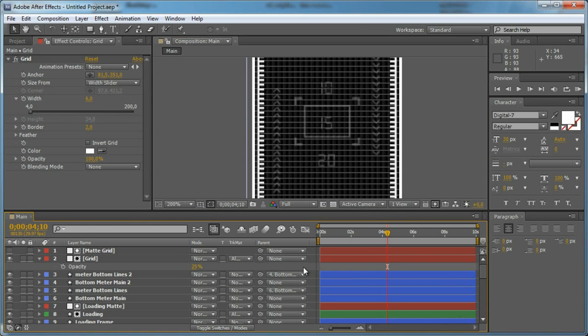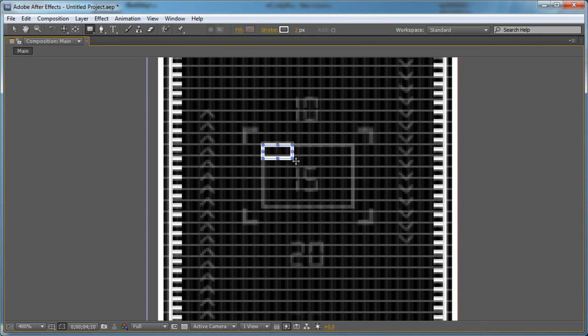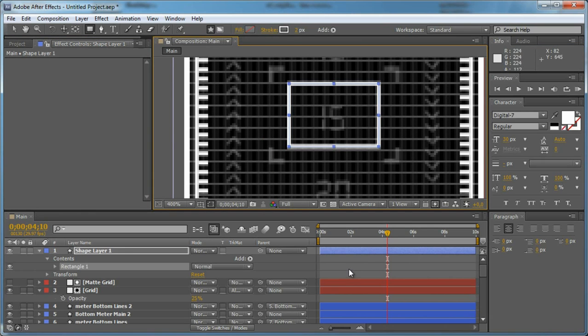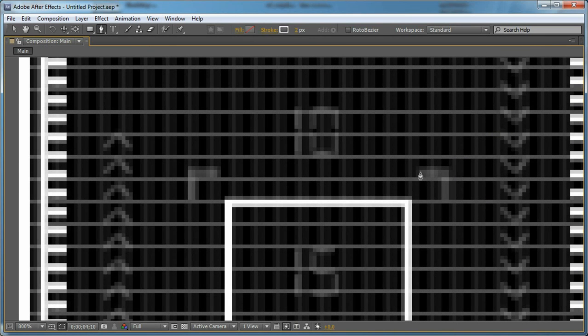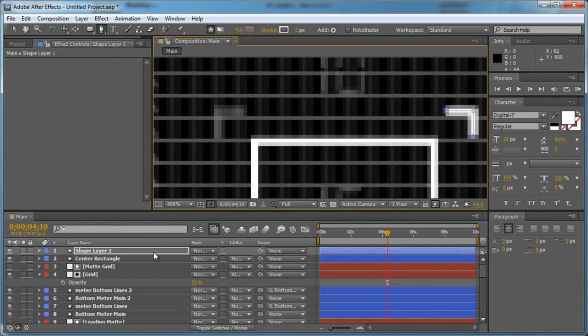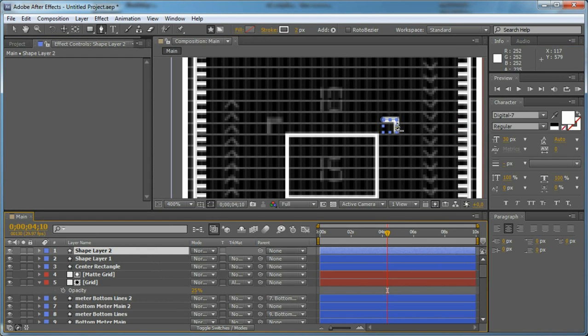And now we need to create a rectangle element here at the center, and then we need to create the corners of it. So I'm going just to do it this way and just duplicate it, and let's